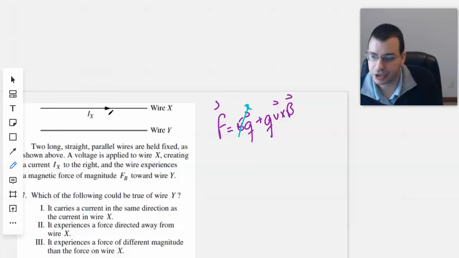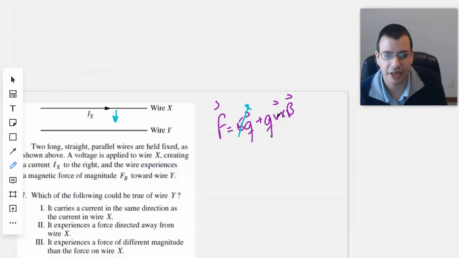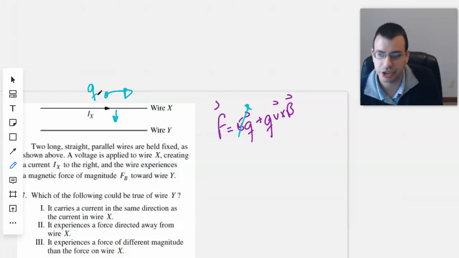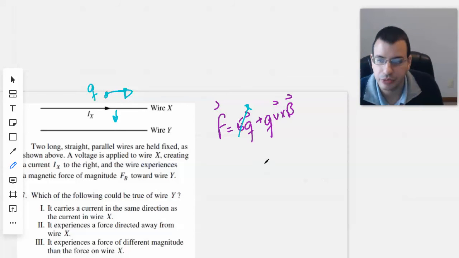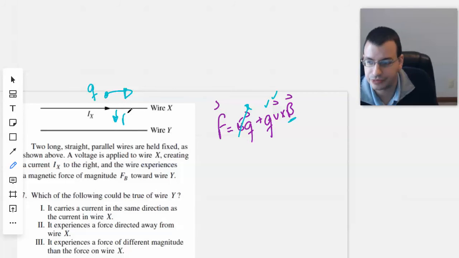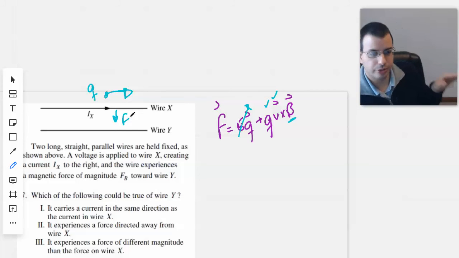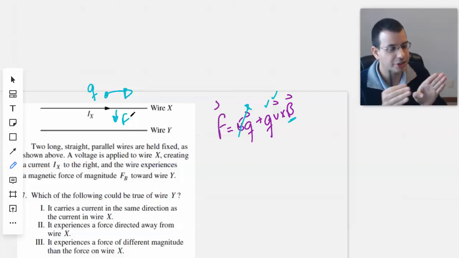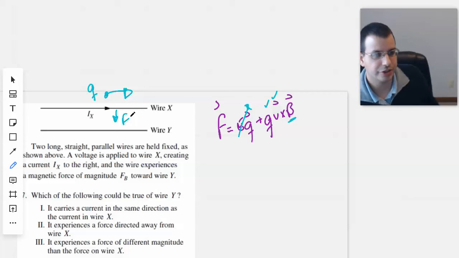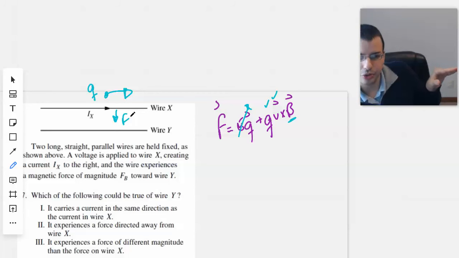And we know that the force is going this direction. So what we need to do, and so the charges are moving, so Q is going this direction because current is positive charges moving in the positive direction. Positive charges are positive. And so what we don't know is B, but we know the force. So if we just assume, we can pick two directions. We'll pick that it's going with X first. So Q, V,